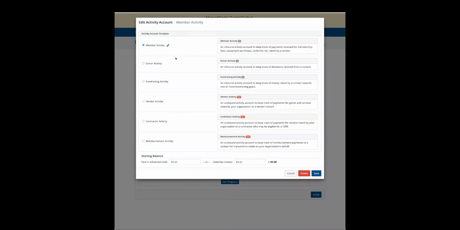My member activity account setup comes up again. And down in the bottom, I have the option to enter the paid in advance or credit or the owed by contact balance. My new Scout is going to come into the year with a $50 credit. So I've added that here.